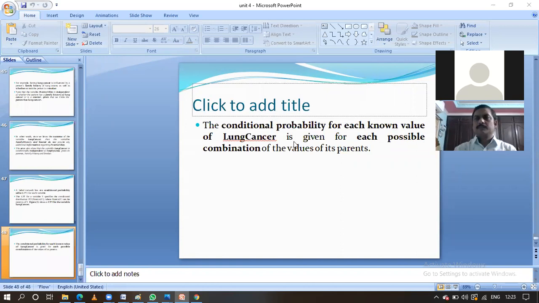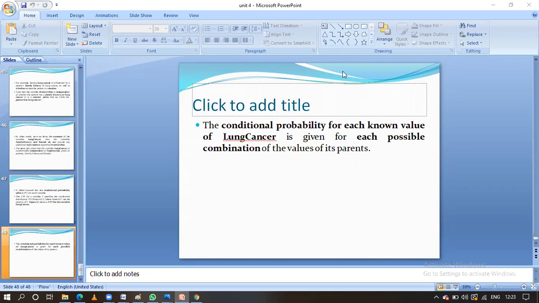Okay, guys, with this one we are going to end this 4th unit. Hope you have understood this session. In the 4th unit, the first and foremost thing we have concentrated on is Naive Bayesian classification. After that, Bayes theorem and error rate, and which one is the best one also we have to say in the classifications. Okay, thank you, guys, hope you have understood this session.